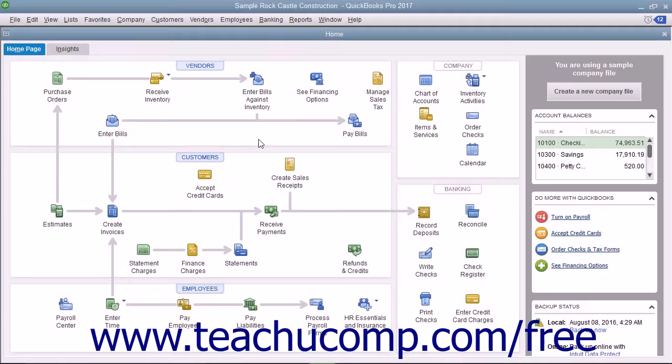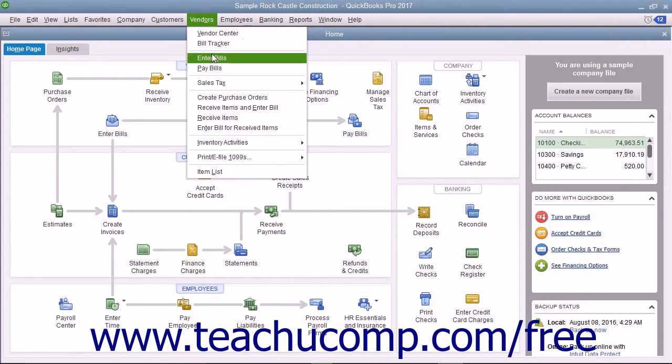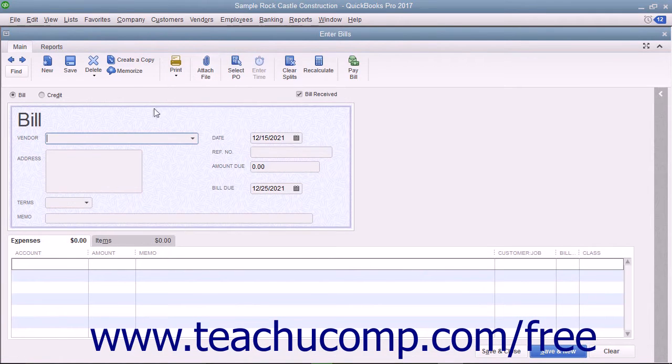You should always enter bills into QuickBooks as soon as you receive them. To enter a bill, select Vendors, then Enter Bills from the menu bar to open the Enter Bills window. The top half of the Enter Bills window is where you enter the bill information. The bottom half of the window is where you assign the bill amount to different expense accounts or list the